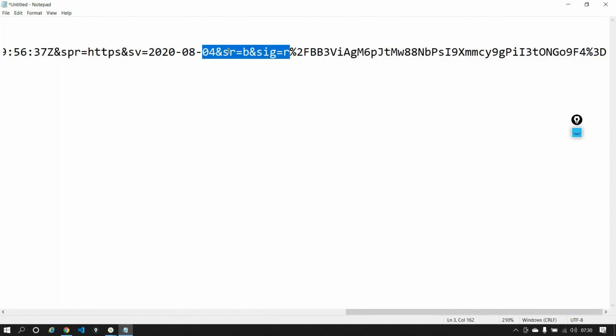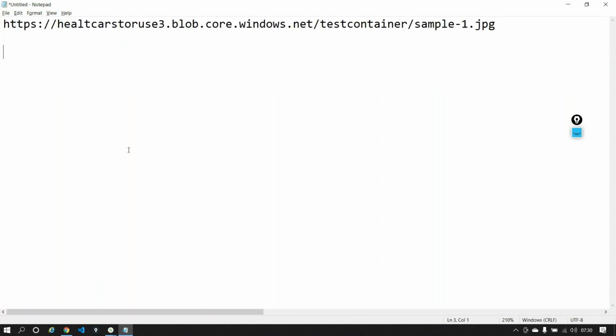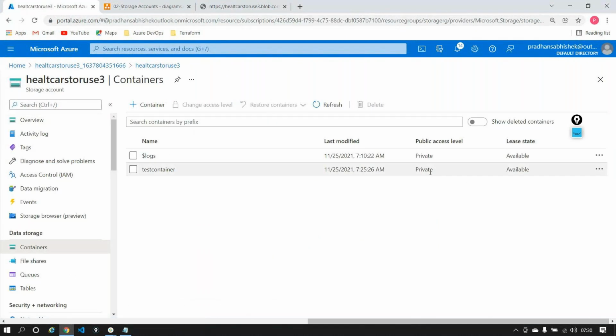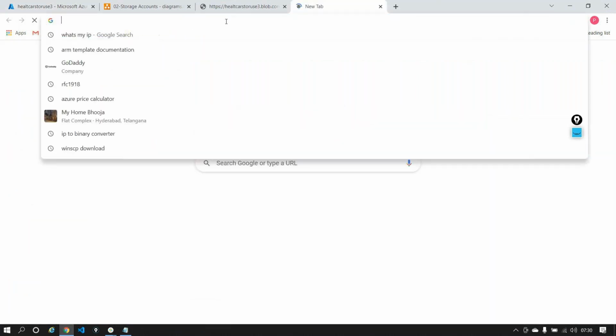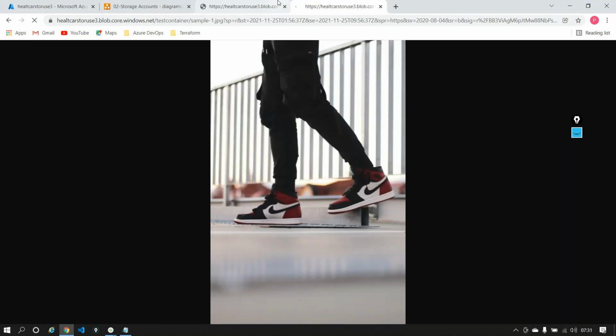So what if I completely take this URL? Let's copy this out. Now my container still is in what? Private access level. I haven't changed this to container or a blob access level. It's still in a private access level. I'll just say, okay, fine. Is this entire URL out here? Now I'm able to load the data. And most importantly, I'm able to load the data securely.